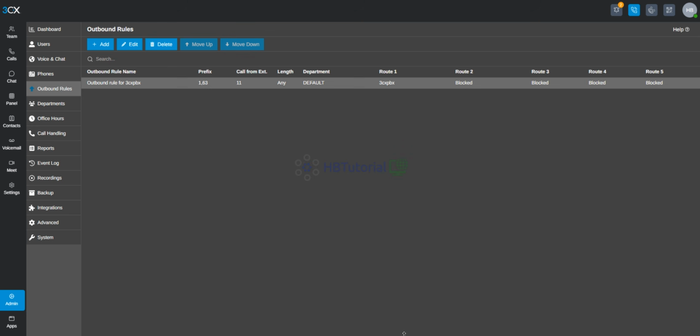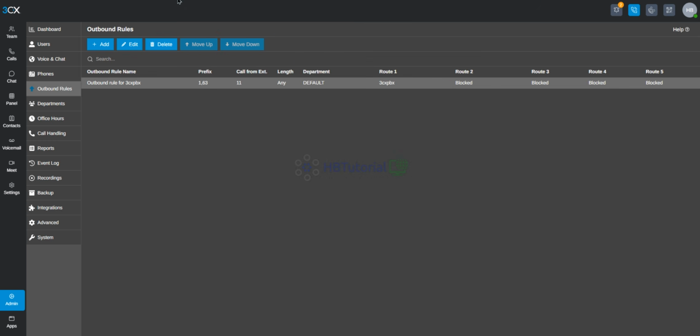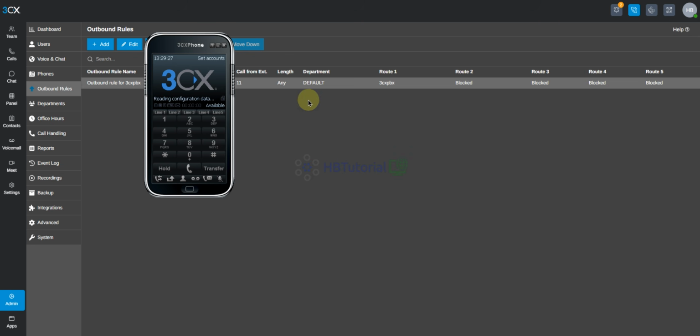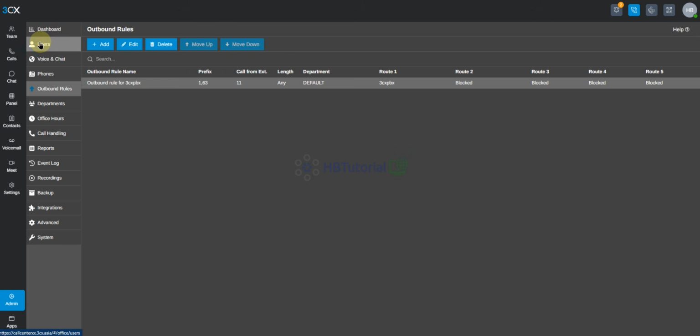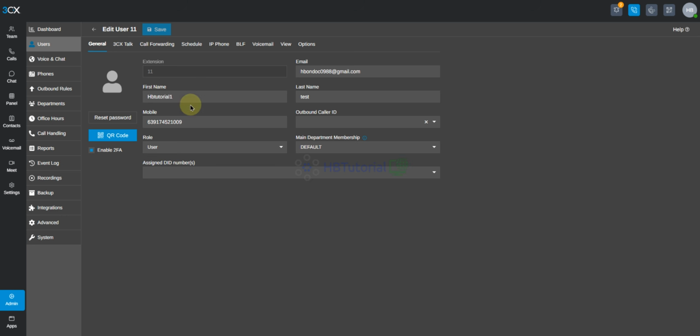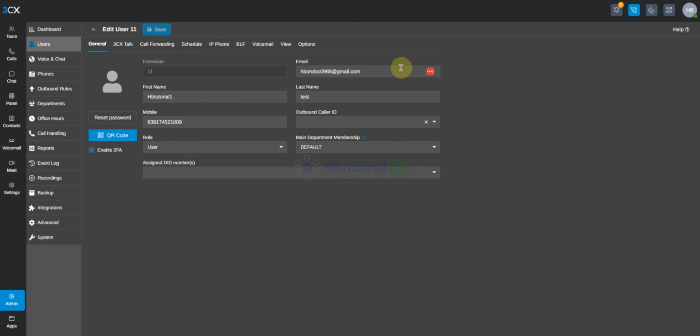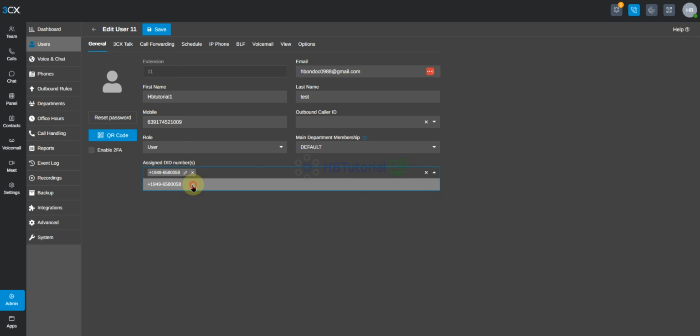Okay, so let's try if I dial those numbers. But we need to go to the user first and log in the user. So this is the user. We can reset the password. Disable first the QR and the ID.